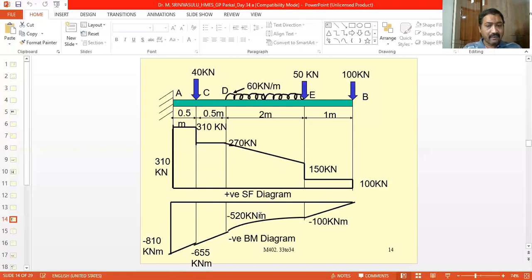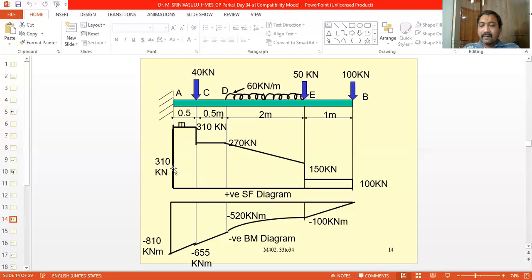And we must note that whenever we get horizontal lines in the shear force diagram, we get an inclined line here. And whenever we get an inclined line in the shear force diagram, we get a curve in the bending moment diagram. That we must know. So the slope of this line is different, and this line is different. And we got here three inclined lines in the bending moment diagram. The slopes of these three lines will be different depending on the magnitude of the bending moment acting between the points.